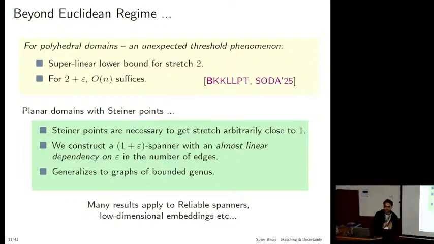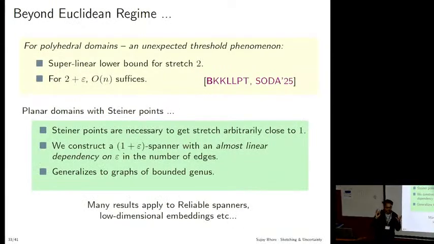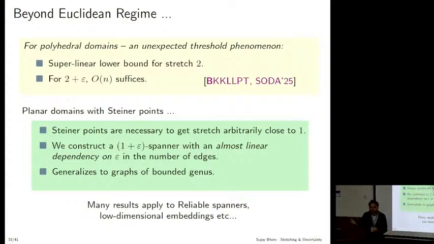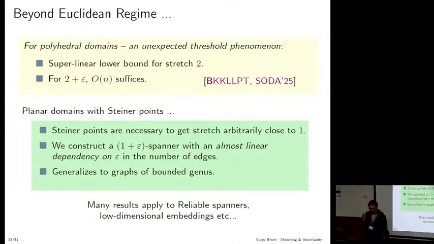I have very limited time, but I want to talk about uncertainty just to tell one particular phenomenon that I have experienced while working on this type of problems. So typically when you think of uncertainty, there is a common understanding in geometry that the cost function of an optimum solution in the online regime is typically monotone. It monotonically increases. If you want to make it non-monotone, you have to go to the dynamic regime, but then in the dynamic setting, you are not maintaining the solutions explicitly, so different regimes. I want to show that